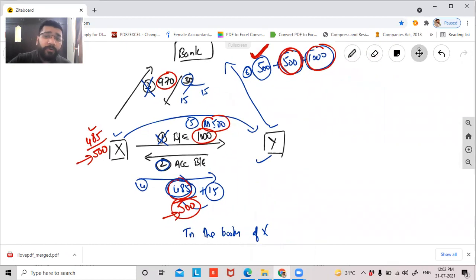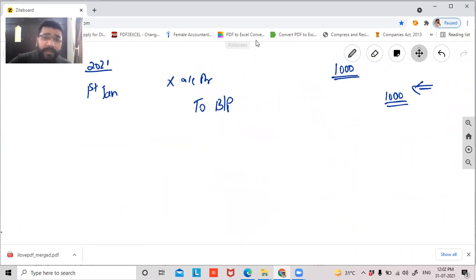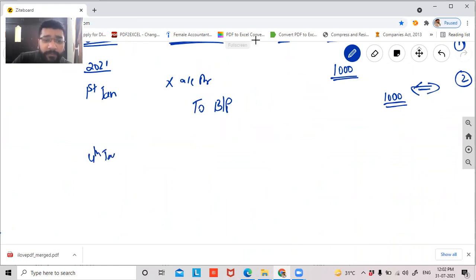So now guys, on 4th of Jan, after the bill is being discounted, Y is receiving money. So bank account debit. Y is receiving money. How much rupees is he receiving, guys, from X? 485. And this money that Y is enjoying, is it coming free of cost or is it coming with some cost? With cost, sir. What is the cost and what is the nature of the cost? 15 rupees is the cost, and the nature of the cost?